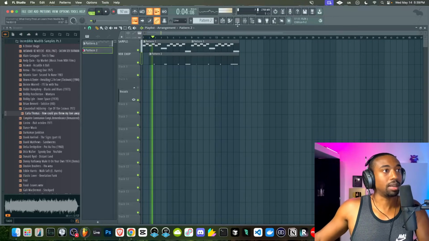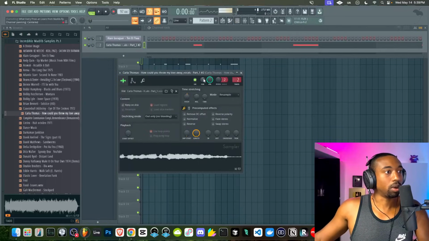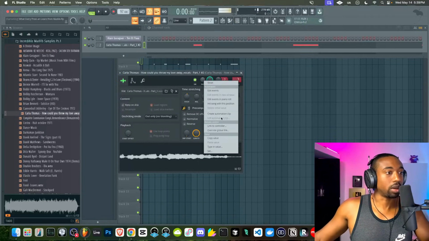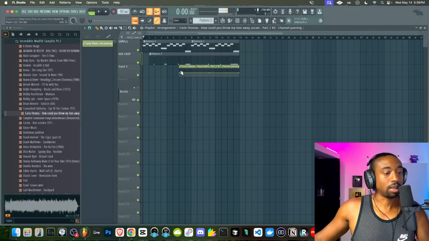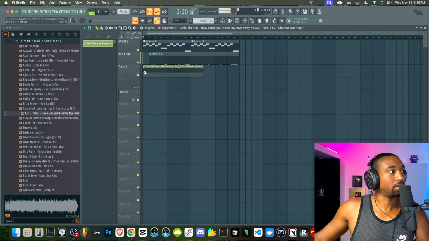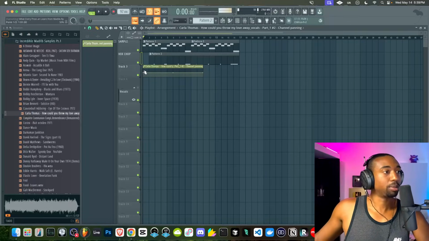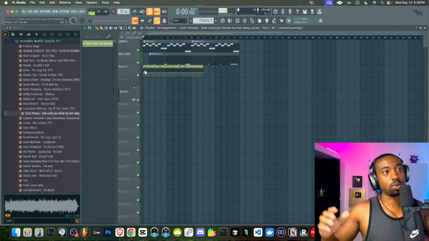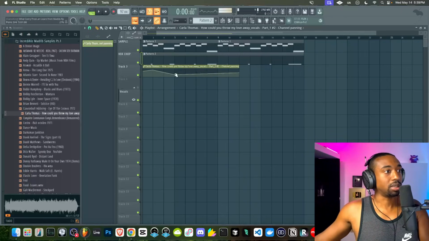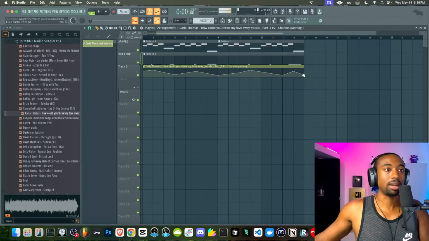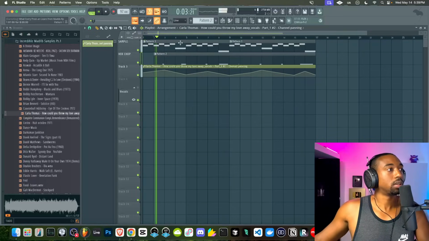Now, also too, he might do something like this. I'll show you guys how to do it. We're going to right click and link this to a controller or create an automation clip, whatever way is faster for you. Let's create an automation clip for now. Right click and hit C to copy that initial value. The default middle pan position, because it's what's called bipolar, it has 2 ways you can pan, left or right. 50% is actually the default value, not 0. So be careful with this. And basically we can create an automation for the panning over time. And what this will do is create a randomness to the vocal.